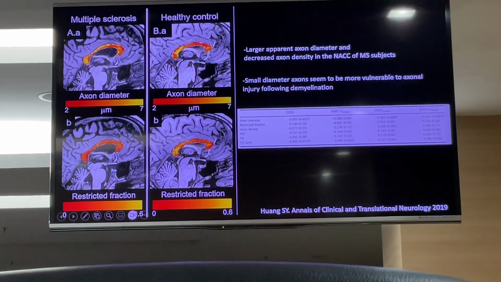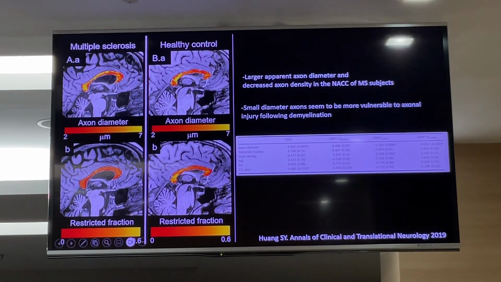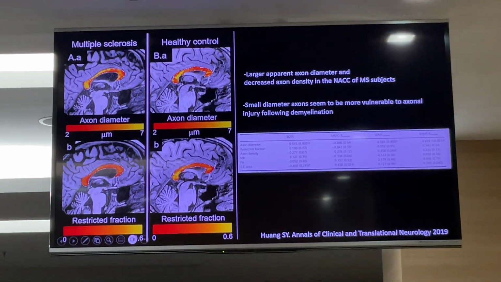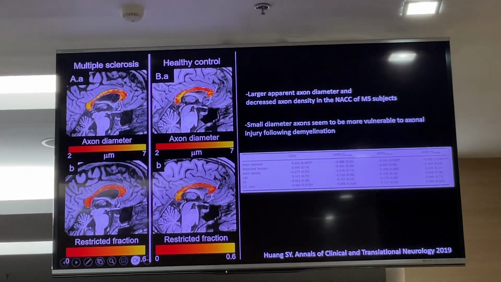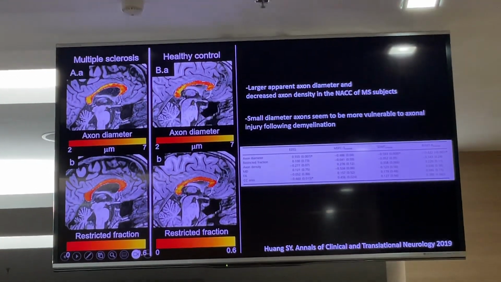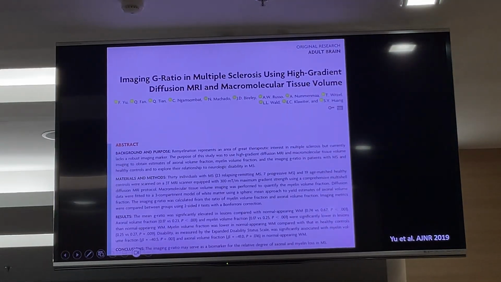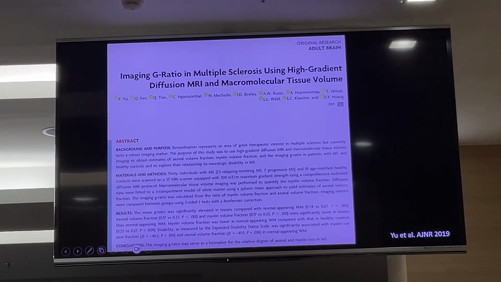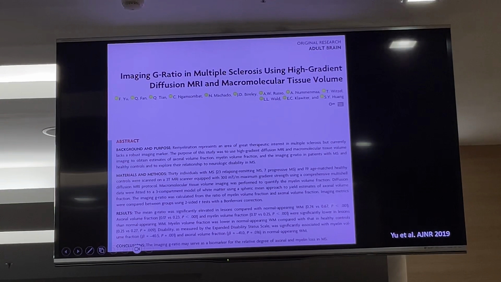You can see larger apparent axonal diameter and increased axonal density in the normal-appearing corpus callosum of MS patients. And smaller diameter axons seem to be more vulnerable to axonal injury following demyelination. She nicely demonstrated the relation. Other than that, we can further characterize the axon and myelin using imaging G ratio, nicely demonstrated by Frank Yu,